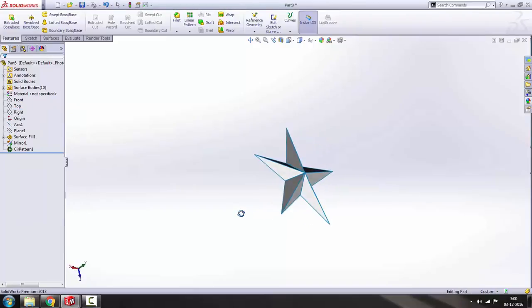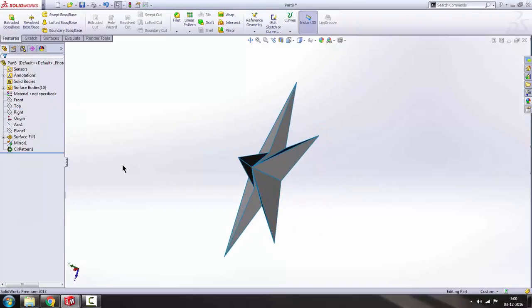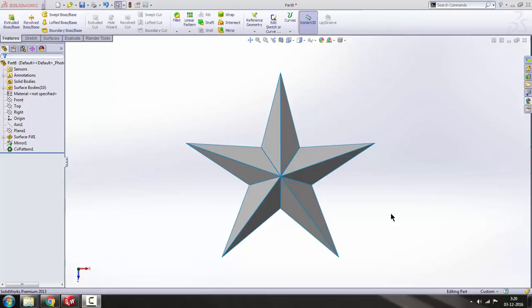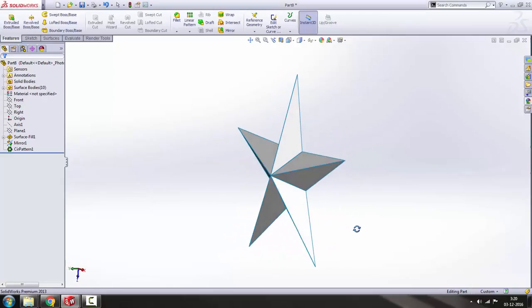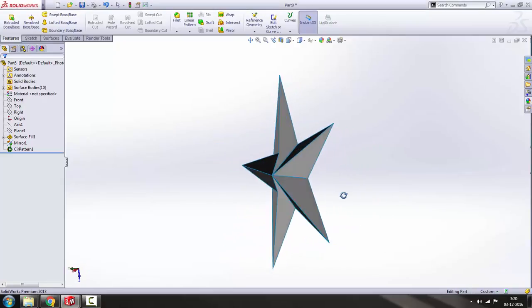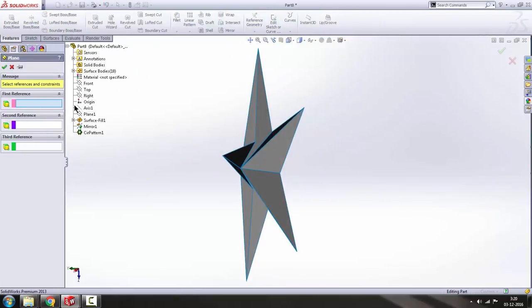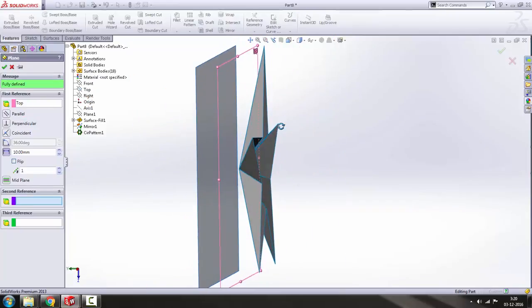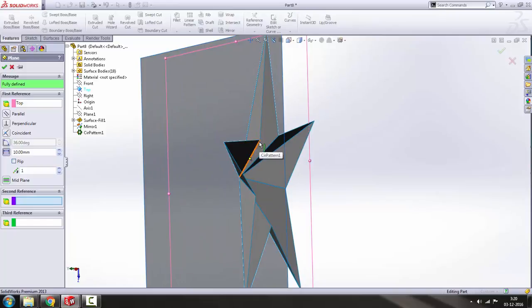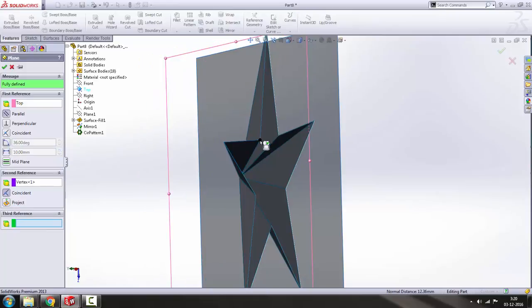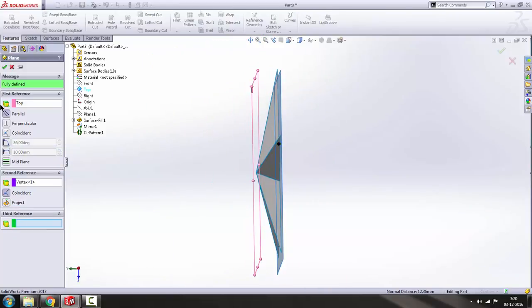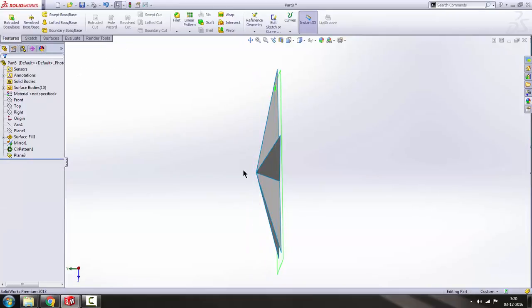Now as you can see, we got only one side of the star, the other side is still left. So we will go to Reference Geometry, then Planes, and Top Plane, and for the point we'll use this point, and we'll get a plane at that point. Click OK,